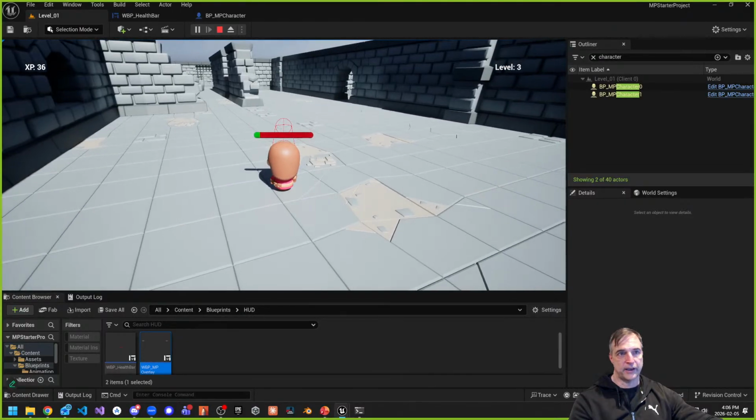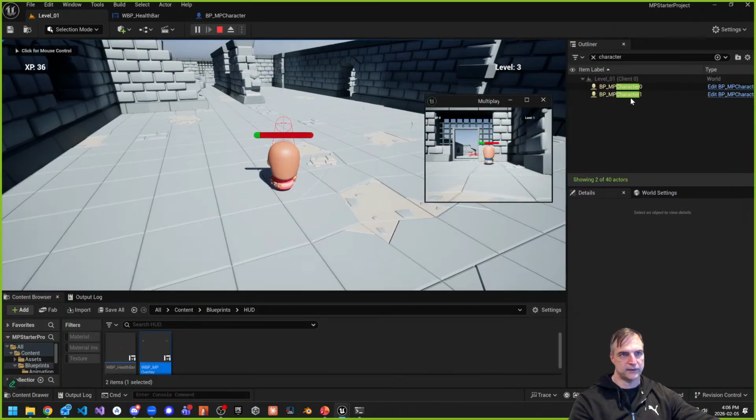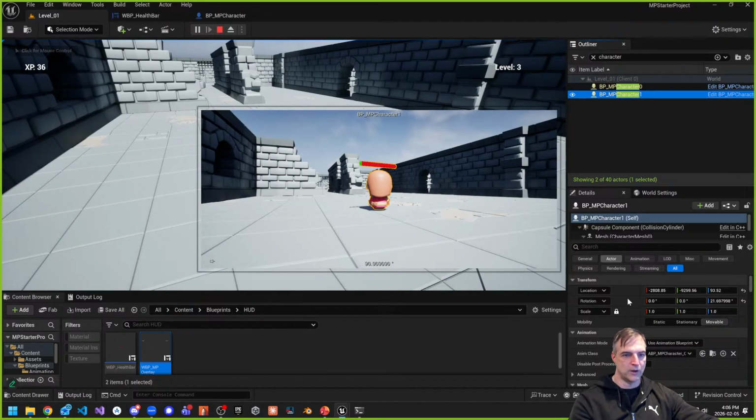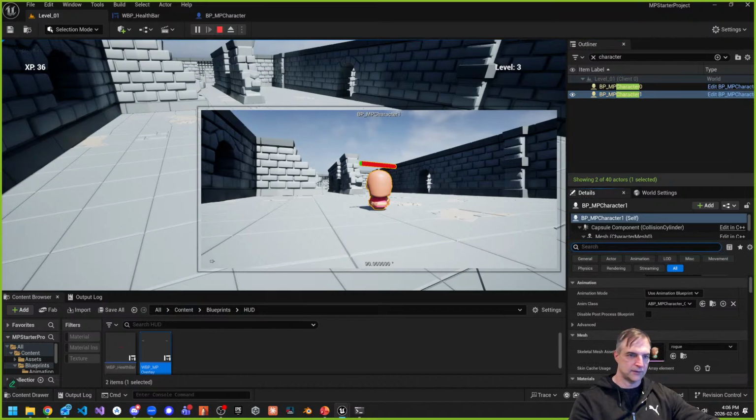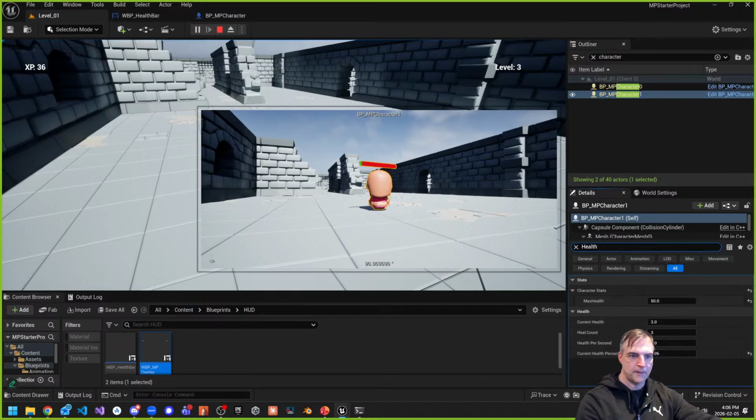So let's take a look at what I actually have. Back to this. If I look at character 1, and if I look at health, just type in health, then you can see that my max health is 50. My current health percentage is, like I said, 0.06, 6%. Current health is 3 out of 50. That's like 6 out of 100, right? That's why it's 6%. So this is correct. It's actually showing correctly. But